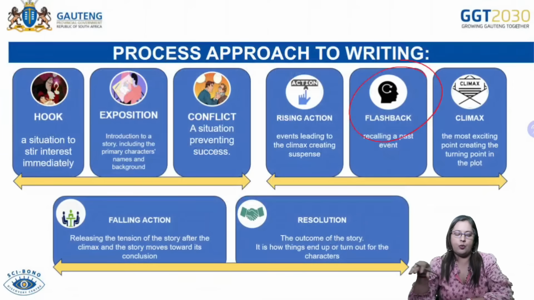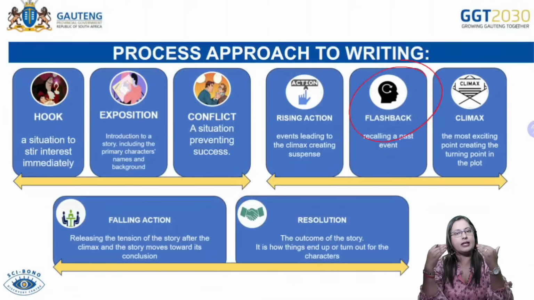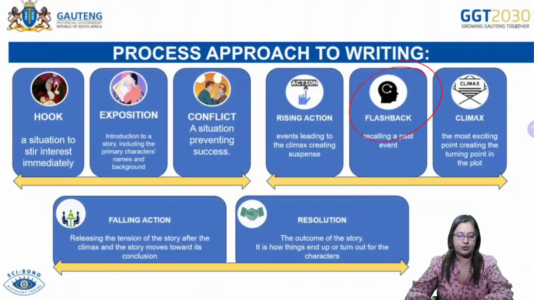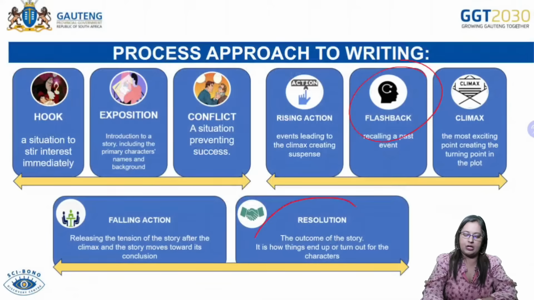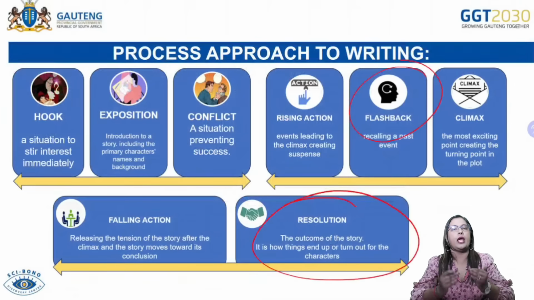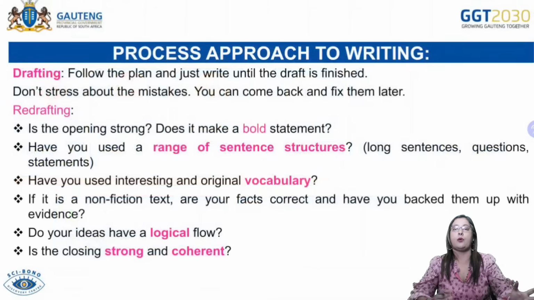And there we go into the falling action from there, which is when you bring the reader back into what's happening now and how you are going to stabilize the situation, okay? And eventually you're coming to the resolution, where you have come to the conclusion of the story and are showing us how it ended for that particular character or characters in your creative essay.